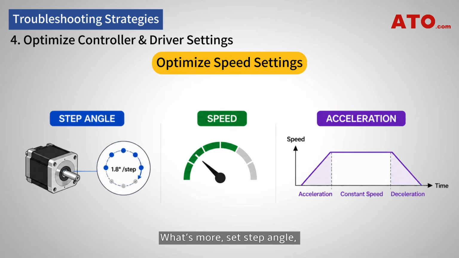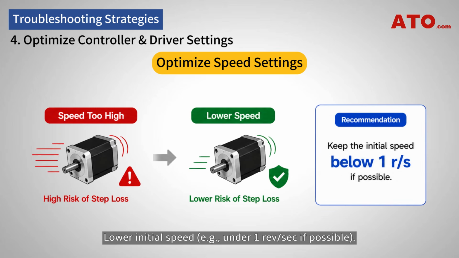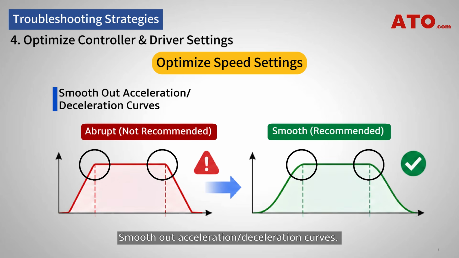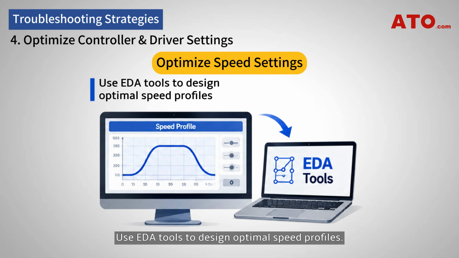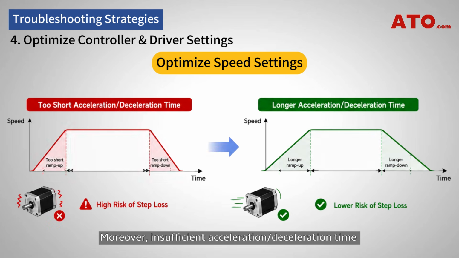What's more, set step angle, speed, and acceleration parameters to match your application. Lower initial speed, for example under 1 revolution per sec if possible. Smooth out acceleration-deceleration curves. Use EDA tools to design optimal speed profiles. Moreover, insufficient acceleration-deceleration time can also increase the likelihood of step loss. To address this, just set longer ramp-up and ramp-down periods to give the motor enough time to respond to speed